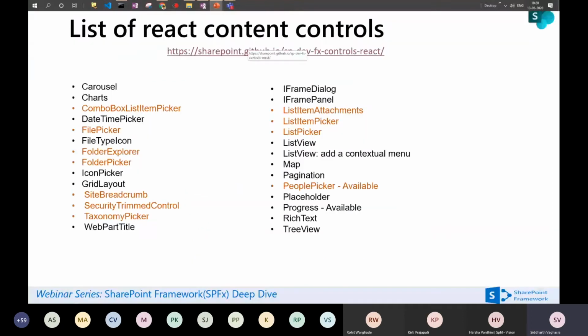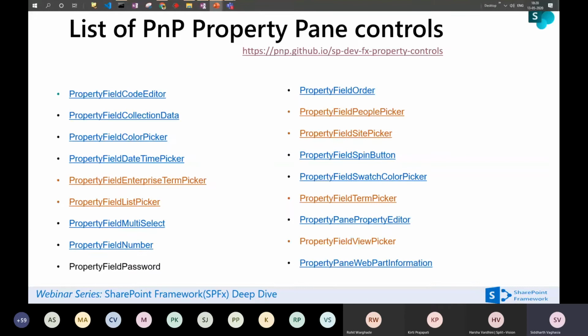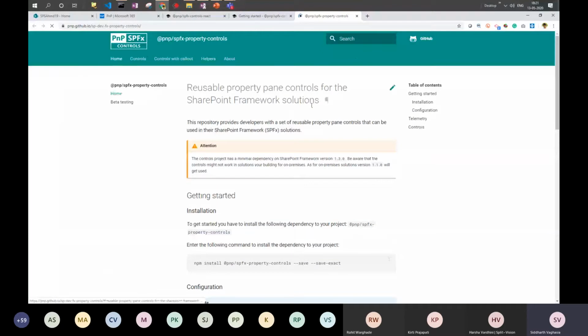Moving ahead, this we already discussed. Then the list of PnP property controls. Here, if you see, some of the controls are marked in orange, which are SharePoint context driven controls. They are directly mapped with SharePoint, and they will automatically get data and render it in the control itself. It is a different library, so it has a different homepage.